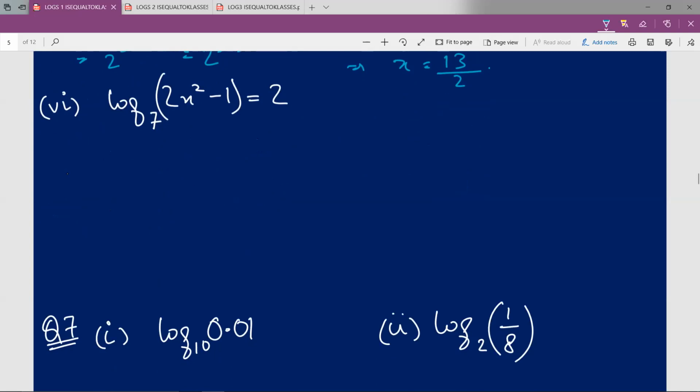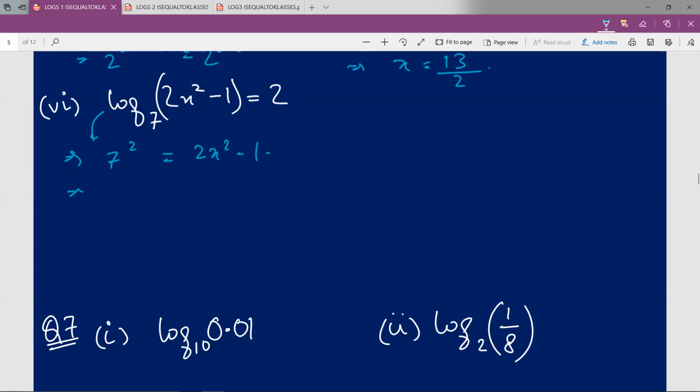Now this is the last subpart of the question number 6. So over here, what I'll be doing is log of 2x square minus 1 to the base 7 is equal to 2. Same method. Whatever big monster it is, just remember that use the same method I've been doing and you'll be good to go. So 7 raised to the power 2 is equal to, this is the log form. So you have to arrange this in exponential form. In the exponential form, I could write this as 7 raised to the power 2 is equal to 2x square minus 1. It's as simple as that. Just write this and then the things will start to unravel.